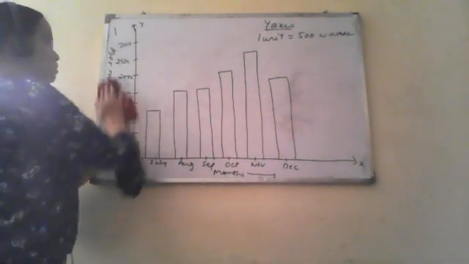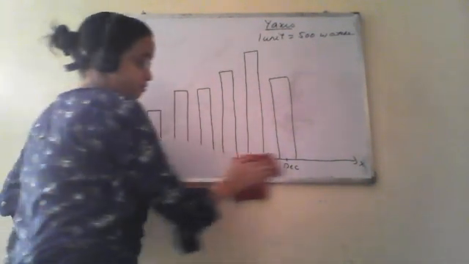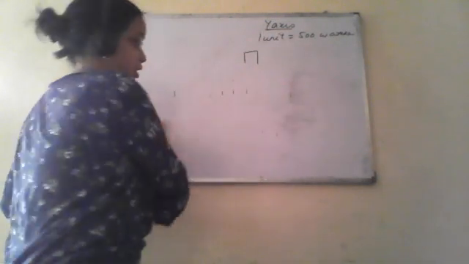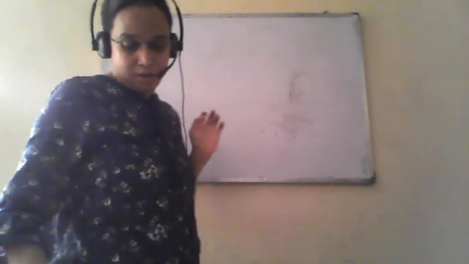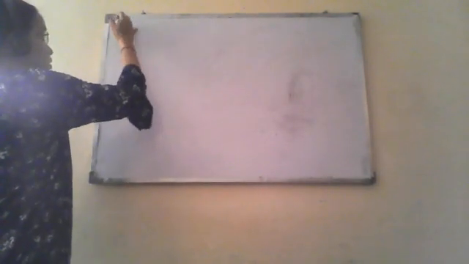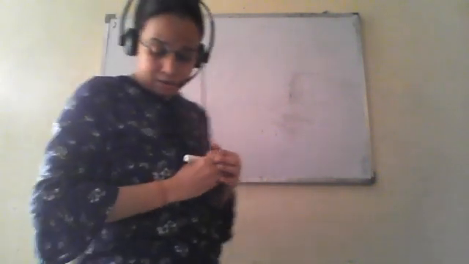Now the next example we will take is of a double bar graph. It is almost similar to this, but in a double bar graph we compare two things. The second part is given as children who prefer walking or cycling in school A, school B, and school C. There are different schools, and certain children prefer sports like walking or cycling. So we are going to compare two things.